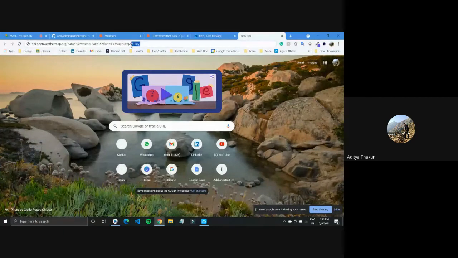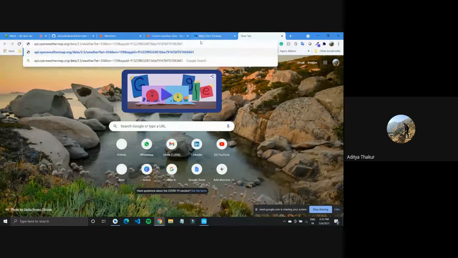So I'll replace this API key end part here. Okay, so let's try to see what type of data we get normally. So this is the data. When you make this call, you'll get coordinates. And what you can do is, I think I had a plugin here for it.